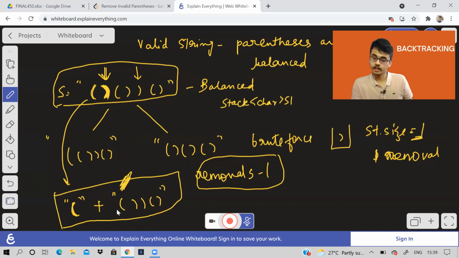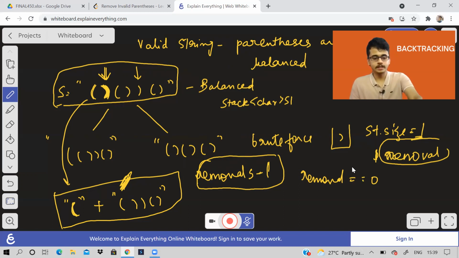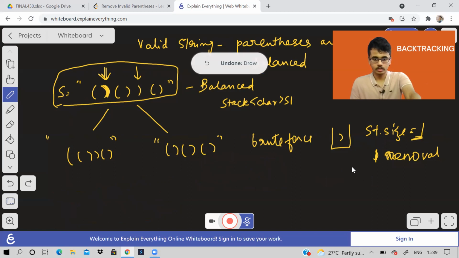But the number of removals now is minus 1, one less because I have removed one. Like that, however many removals we make, when the removals reach 0, we need to check again whether the string is balanced or not. For example, see,